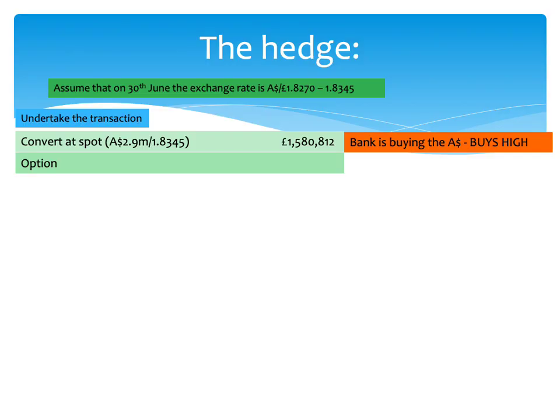We have the option of buying, because it's a call option, at 1.862. You can try and do this in total, but I think it's easier just to look at one option at a time here, and we'll multiply it up further down the line. So if we look at an option, we have the option to buy at 1.862. To close out our hedge on the 30th of June, the same date as the underlying transaction, we're then going